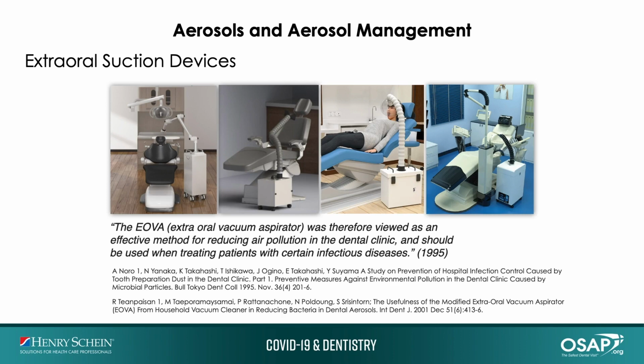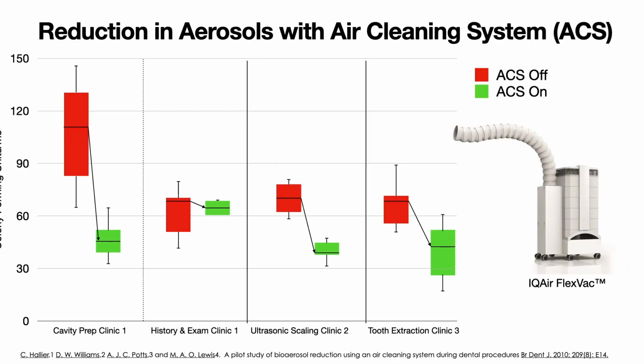If you look back at some of the studies, you can see that there is proof of a reduction in aerosols with air cleaning; essentially it's a reduction of colony forming units, not necessarily aerosols. This one study in 2010 looked at 3 different rooms and 4 different procedures. And what you need to note is these are all different patients, so it's not necessarily comparative to each other, but in general, when you turn on one of these systems, this happened to be in 2010 an IQAir